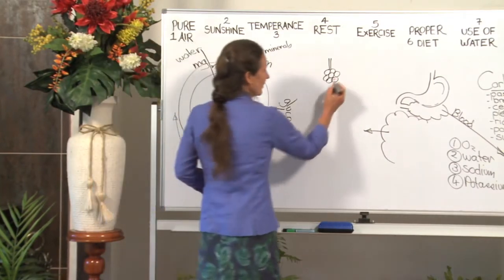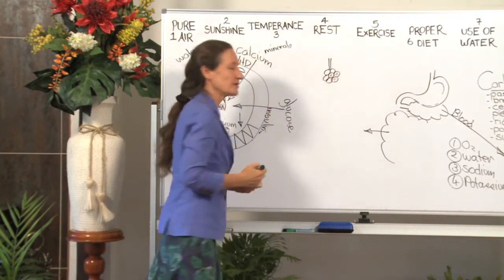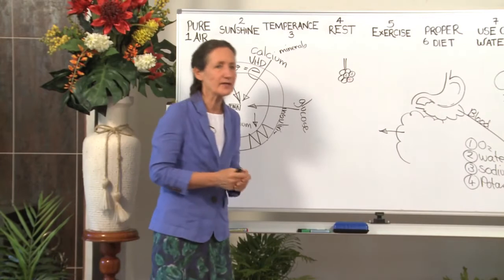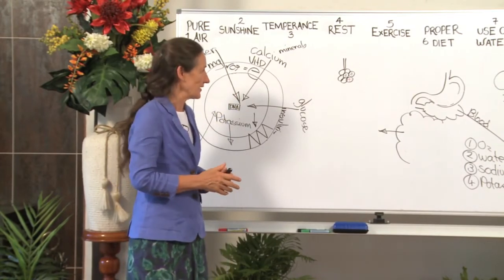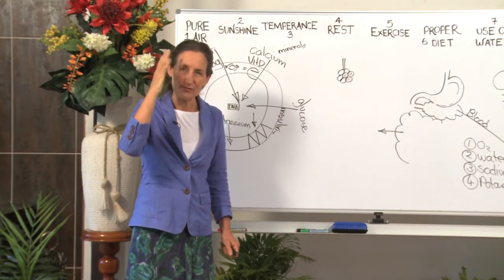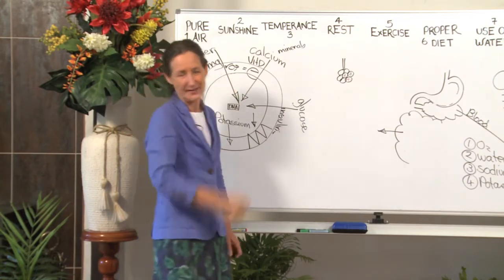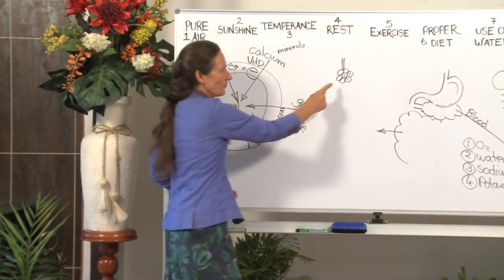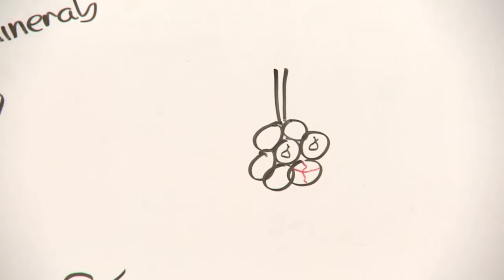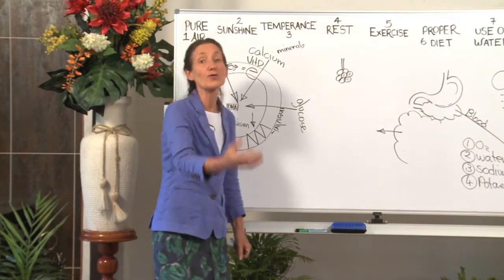But in each little alveolus, there's a droplet of water. And because of the surface tension of water, do you understand the surface tension of water? When I trained as a hairdresser, I had to learn about surface tension of water. When you put water on your scalp, it doesn't really get through because of the oil. You put shampoo on, it breaks the surface tension of water, and of course it can get through. Because of the surface tension of water, and this minuscule droplet of water in the alveoli, when you breathe out, the majority of your carbon dioxide is breathed out, and so you can get a full quota of oxygen